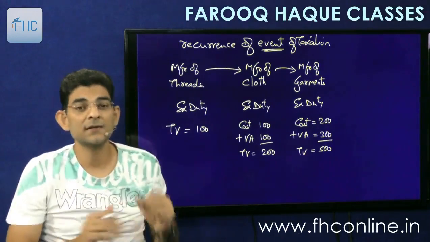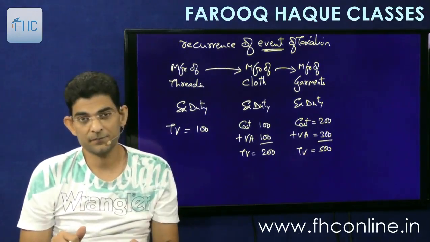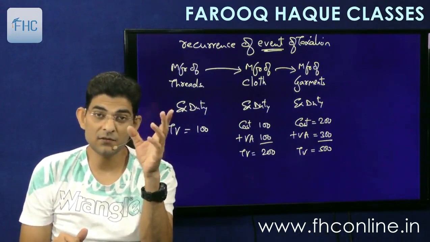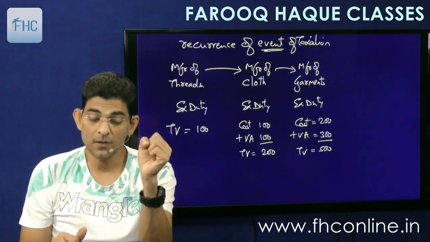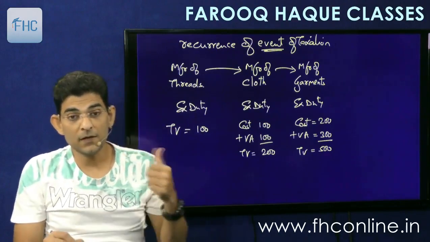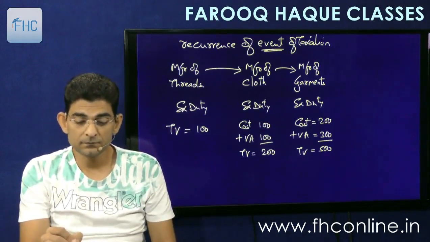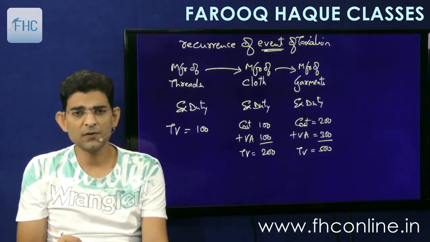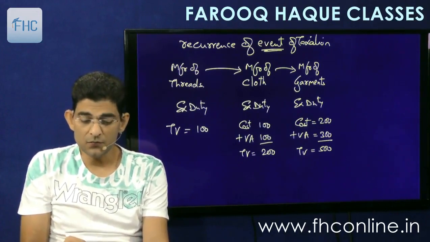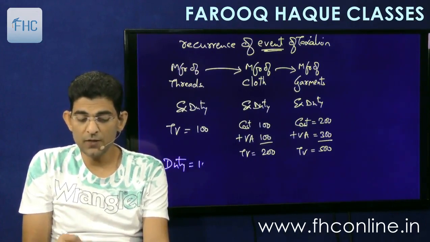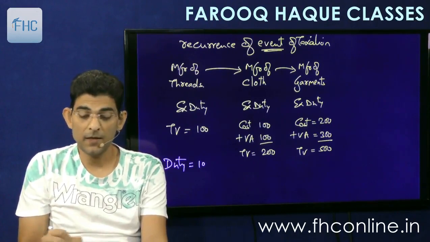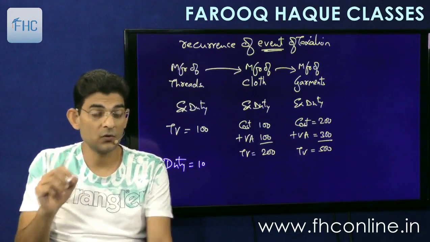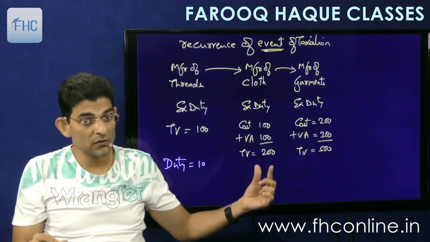So to avoid that, there was a system of CENVAT credit. In the old excise laws, there was a system of CENVAT credit, the Central Value Added Tax credit system, which said that if the tax is paid here, if the first person, let's take an excise duty rate of say 10%. So the first person pays excise duty of 10 rupees at 10%. The second person will first be charged excise duty on the full transaction value. So we will charge tax on the full 200, so that comes to 20.